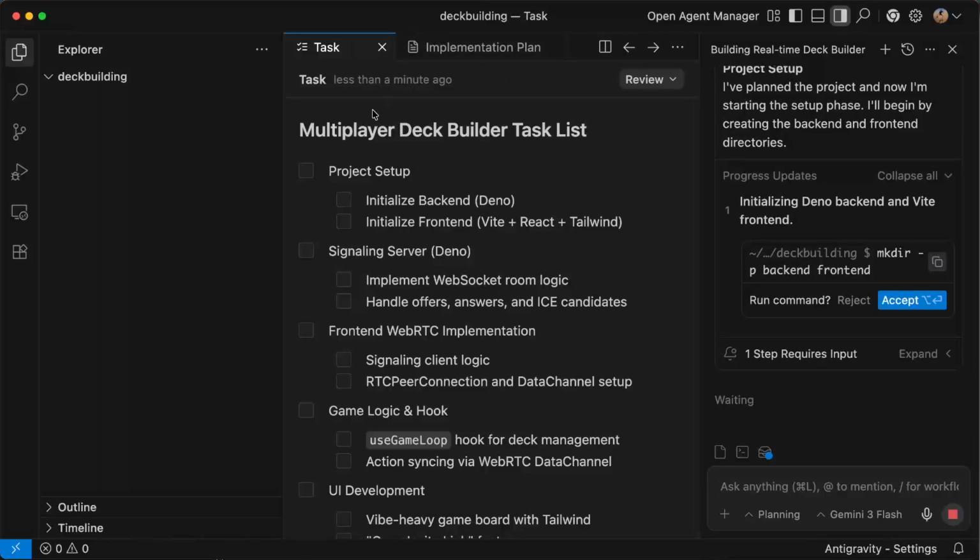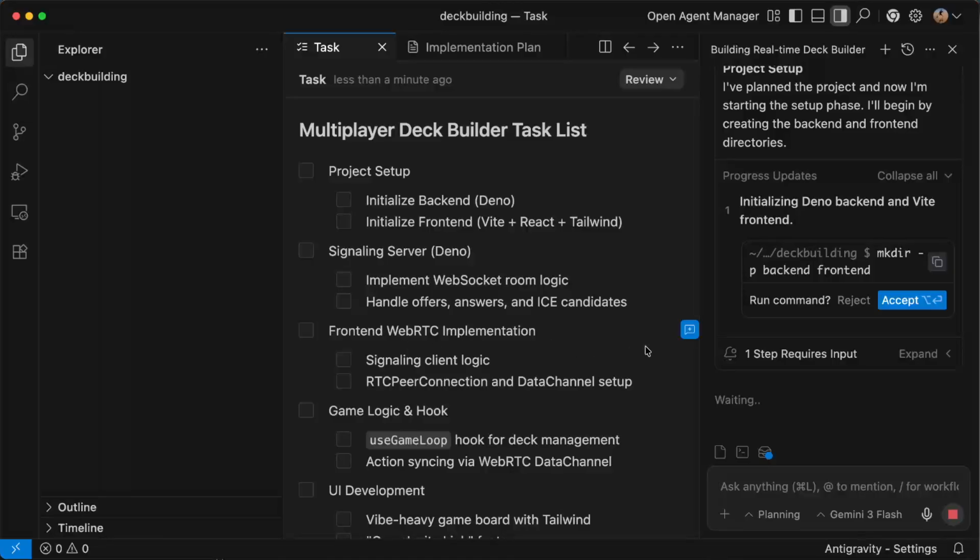Here you see actually which tasks it's going to do. A multiplayer deck builder task list for project setup, initialize Deno backend, initialize frontend, signaling server, implementing WebSocket, room logic, handle offers, answers, and ICE candidates. Then we have our front-end WebRTC implementation.